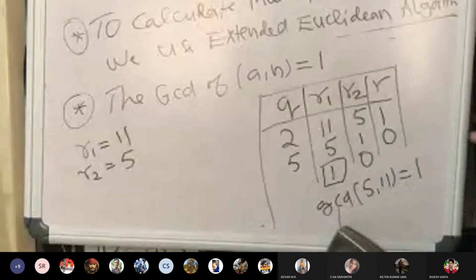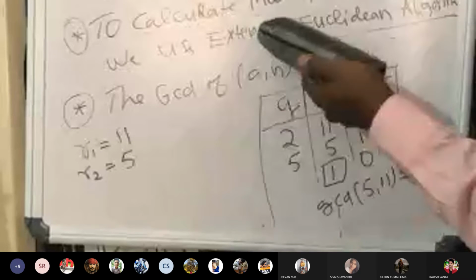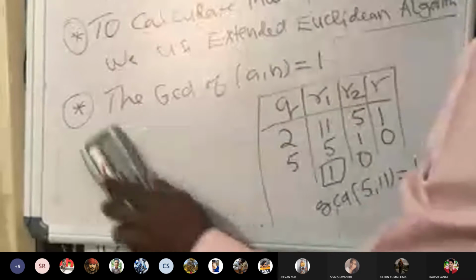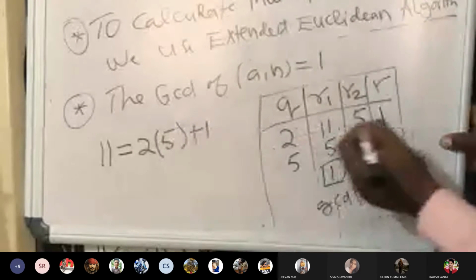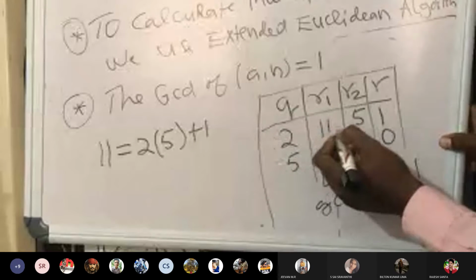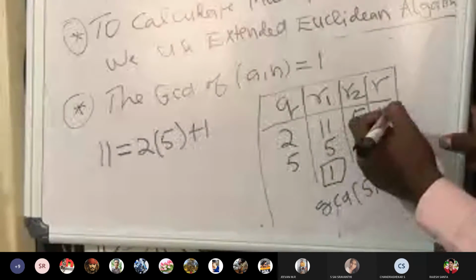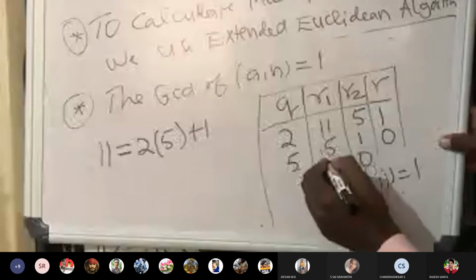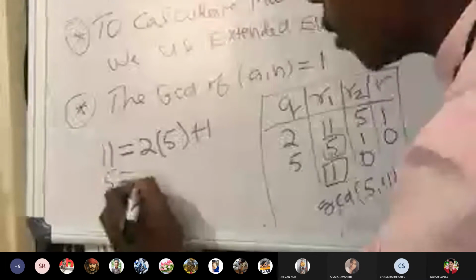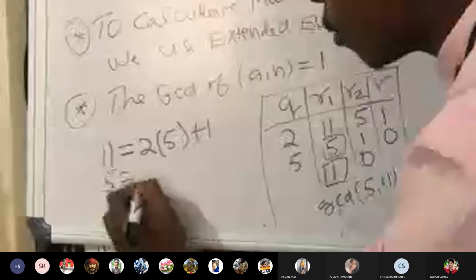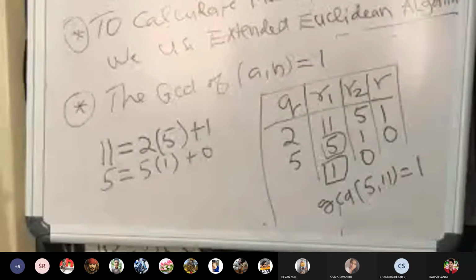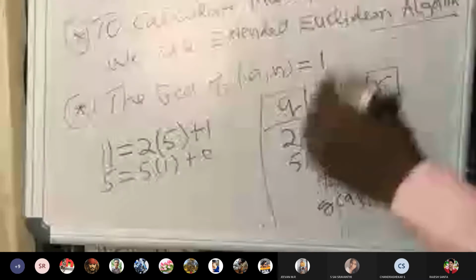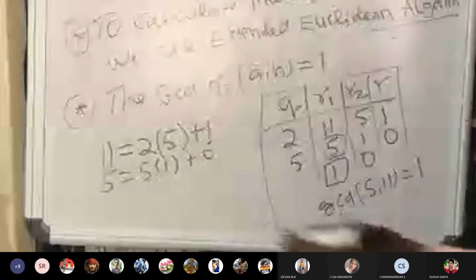Now, the next step is going to help us find the multiplicative inverse. 11 is equal to 2 multiplied by 5 plus 1. Now what is the value of 5? We come to this 5. 5 is equal to 5 multiplied by 1 plus 0. When you reach 1,